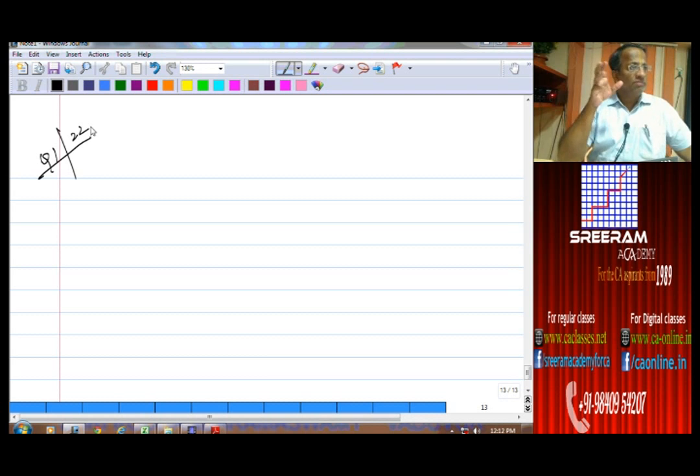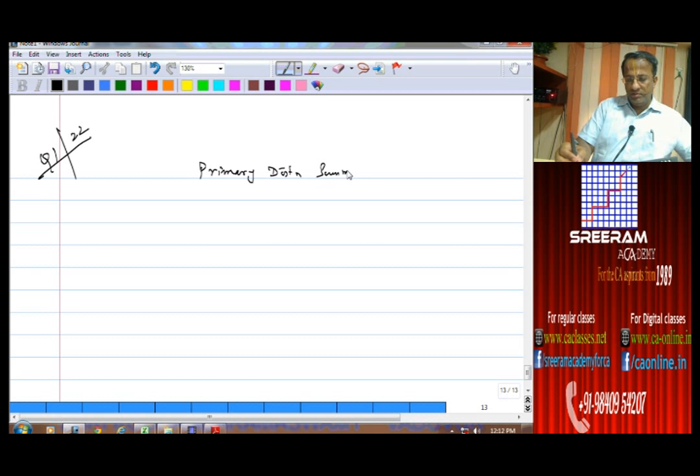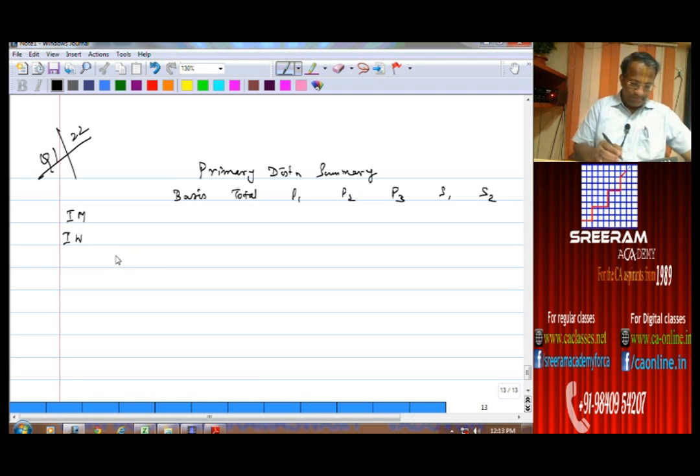First column we will be providing good space. So title it as primary distribution summary. Basis, total, P1, P2, P3, S1 and S2. So indirect material, indirect wages. Then